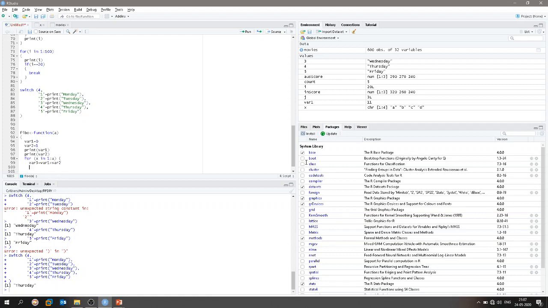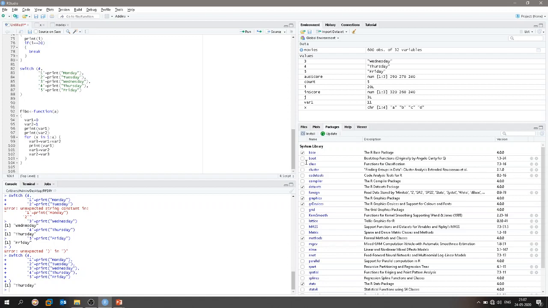Once we do this, we will be printing var3, and then assign the value of variable 2 to variable 1, and assign the value of variable 3 to variable 2. So this is done, and now calling the function Fibo